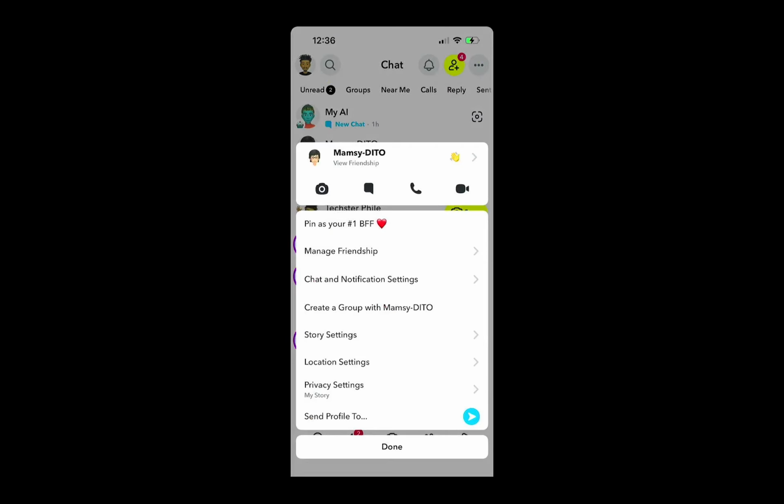Now, press and hold the conversation containing the call history you wish to remove. Holding down on the conversation will open up a menu with various options. This is a simple yet effective way to access conversation settings directly. You will notice options related to chat settings, notifications, and more. It is essential to navigate this menu properly to find the clear conversation option that will help you remove the